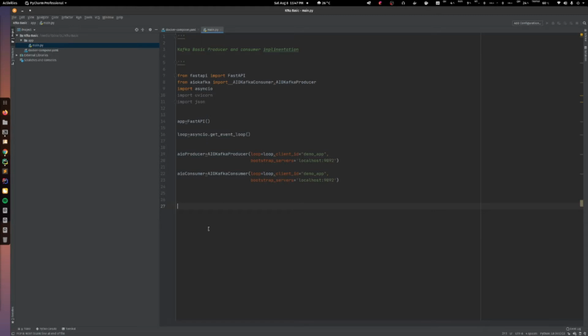Now I need to create some event. Okay, based on that event, this producer and consumer is on and off. So basically the common events that actually happen are application is start and application is down.